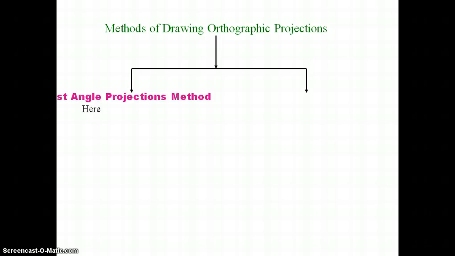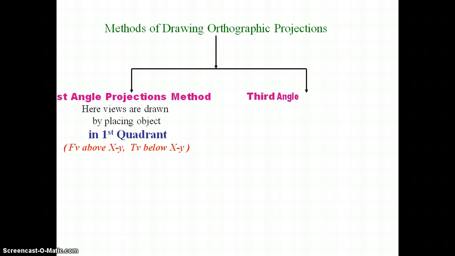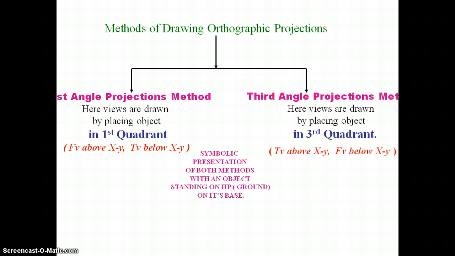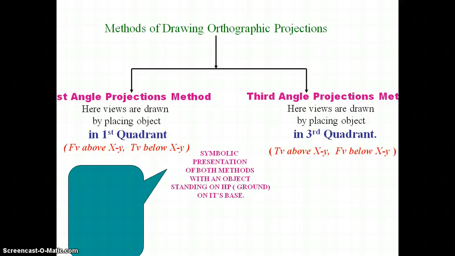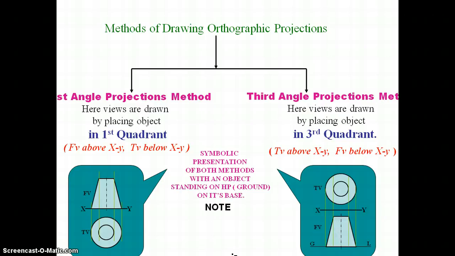The methods of drawing orthographic projection are the first angle projection method and the third angle projection method. In the first angle method, views are drawn by placing the object in the first quadrant, which means the front view is above XY and the top view is below XY. In the third angle projection method, views are drawn by placing the object in the third quadrant, with the top view above XY and the front view below XY. Symbolic representation of both methods, with an object standing on HP on its base. The front view is simple and